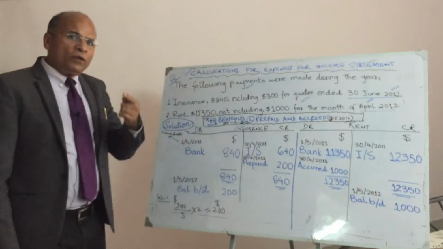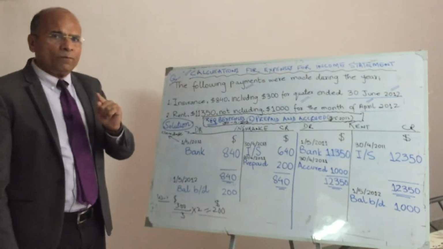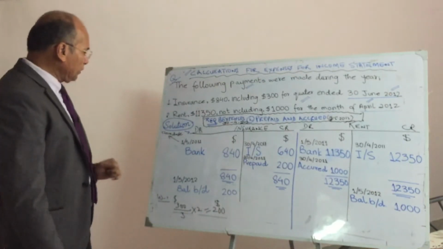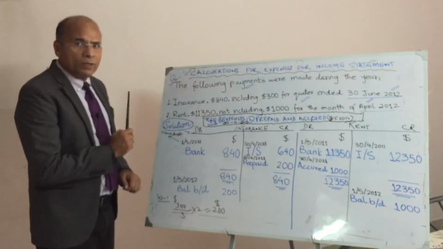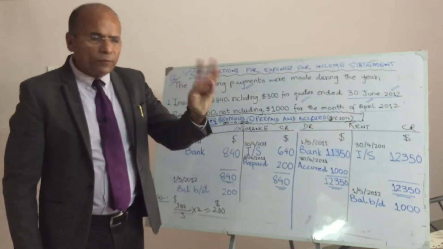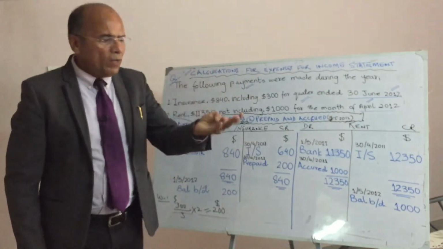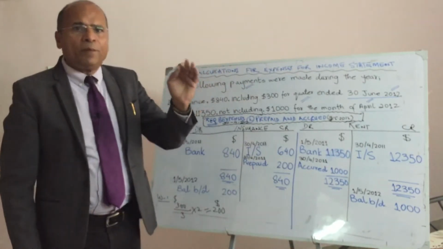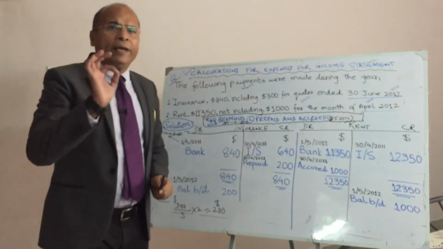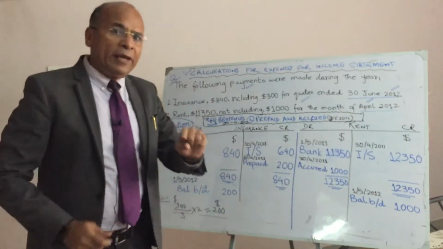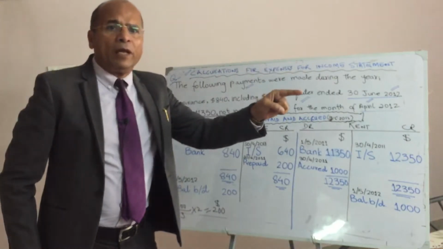But suppose we are using a fiscal year, which in this question starts on 1st of May. So May, June, July, August, September, October, November, December, January, February, March, April. It means our year starts on 1st of May and will end on 30th April next year,